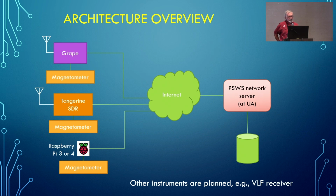A quick overview of the architecture. On the left, you see three possible little systems that people could develop. Starting from the top, we have a Grape that has its own antenna. You can hang a magnetometer off the Raspberry Pi that controls the Grape, and so that can be one little station with two instruments. Below that, you see the TangerineSDR. It has an antenna. It can be configured similarly. It runs off a Raspberry Pi for its control system, and you can hang a magnetometer off that as well. And then finally, of course, you can hang a magnetometer directly on a Raspberry Pi and upload data to the